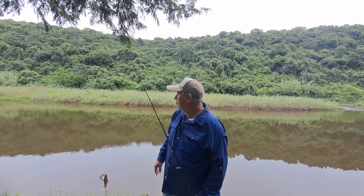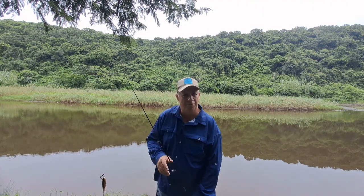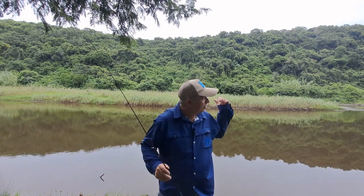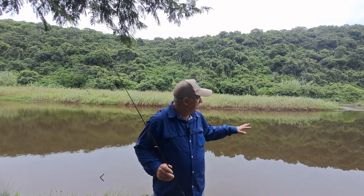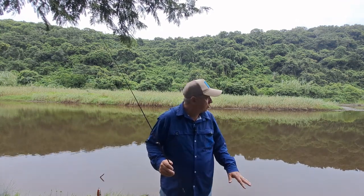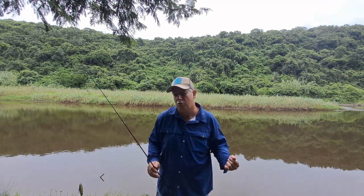It's actually quite amazing how pretty an urban environment can be. I see there's some sacred ibis up there. I just saw a pied kingfisher go past, and a fish eagle was on the other side of the bank just now. We're in quite a bit of freshwater here, but with a bit of a mix of salt. So we might get into species like, well, I'm looking at river bream, possibly a little cob, maybe a skipjack